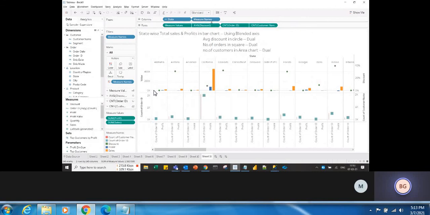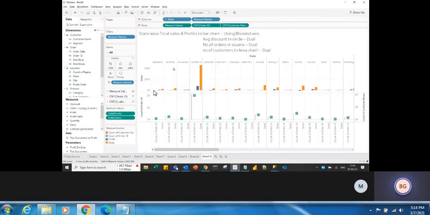Instead of discount, because here we cannot sync the values, right? It is not showing you properly. So instead of discount, we have already taken it, so let me remove this average of discount. Now instead of discount, let me take the quantity.